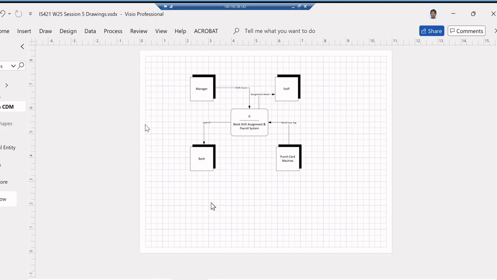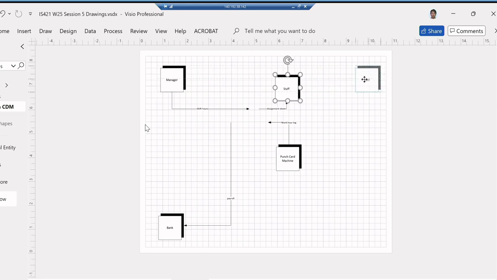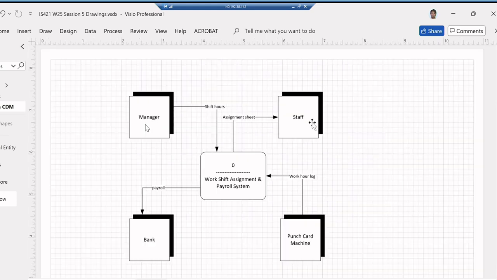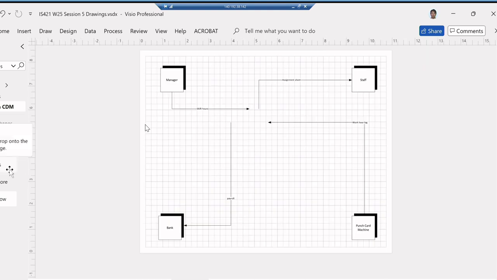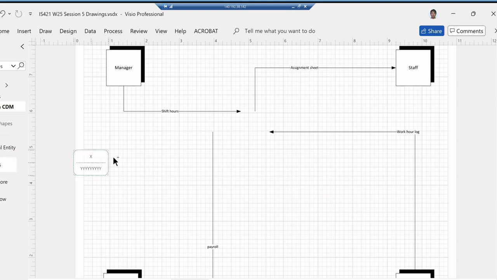To draw DFD0, what you typically do is delete the system itself, and then you need to preserve the four users, put them in the corner if you use Visio. By and large, if you have four inputs and outputs, you need to have at least one for each. So for example, the first one is shift hours, right? So we need to have